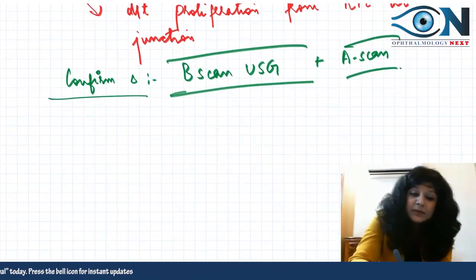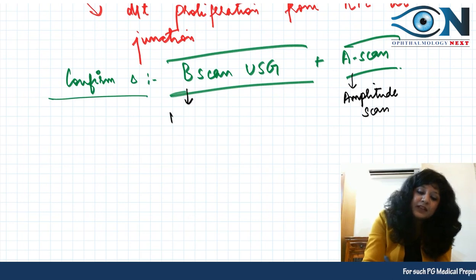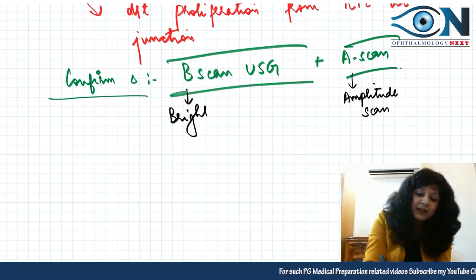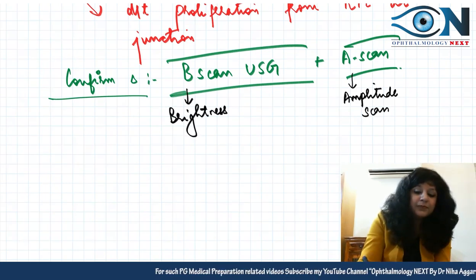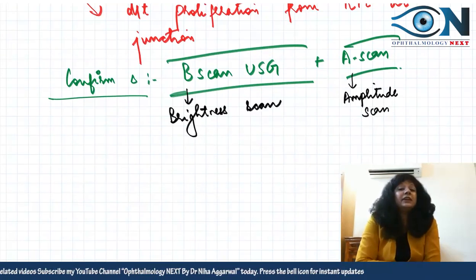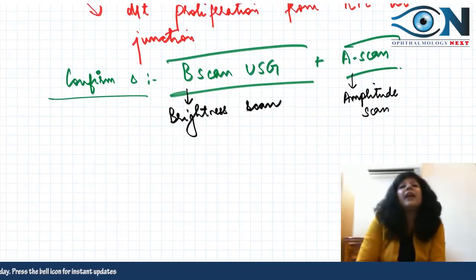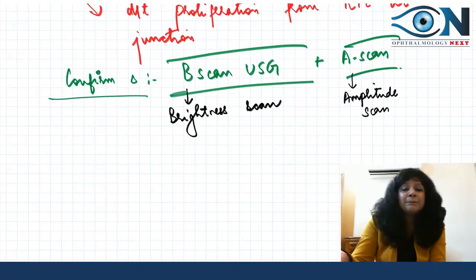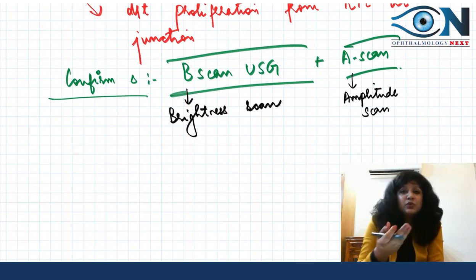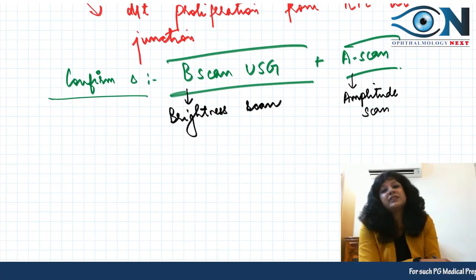First of all, what is the meaning? A-scan means amplitude scan, while B-scan means brightness scan. Now, undoubtedly, this is again very, very important. As I always say, it's a very technology-driven subject. So one question, and afterwards you will see that from the next there will even be 2 to 3 questions from the tests as well as the investigations part.